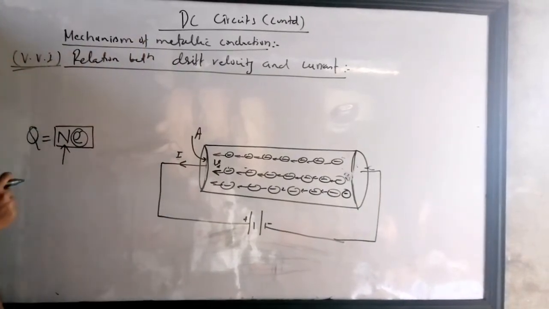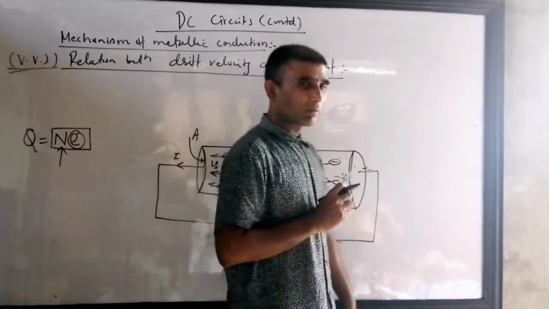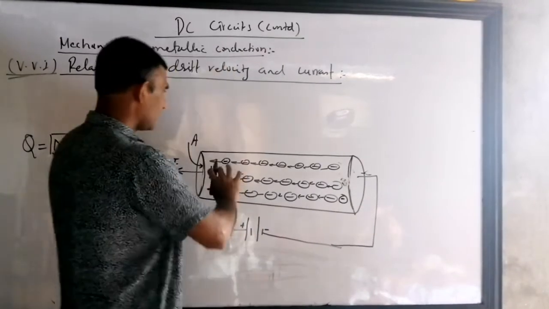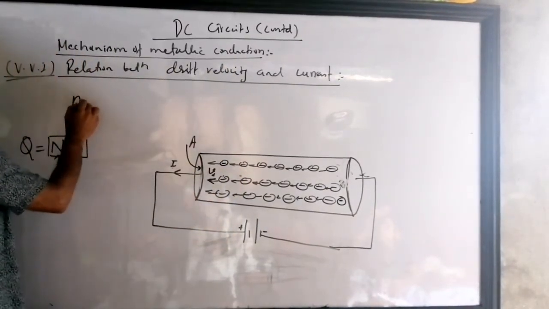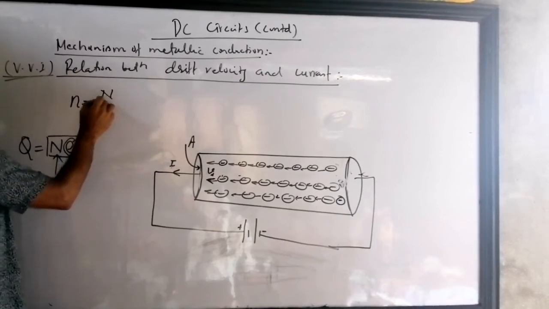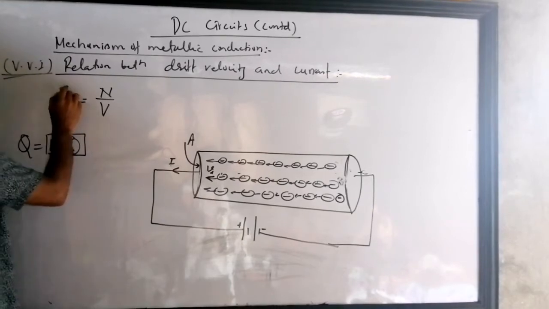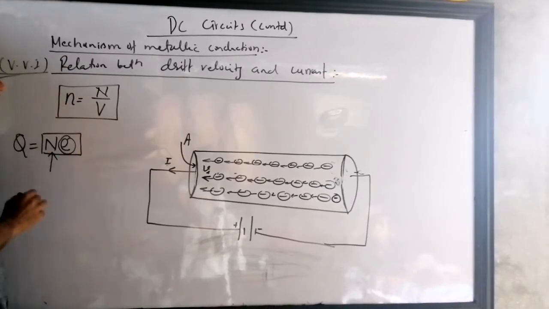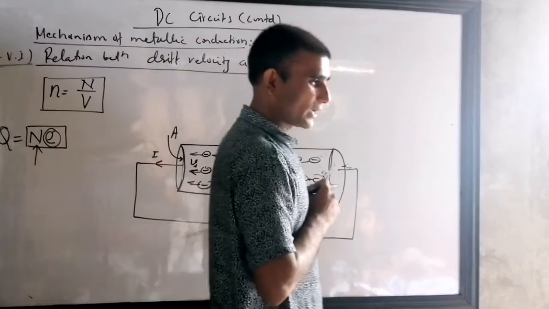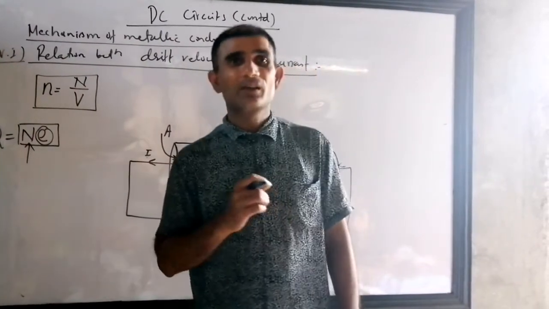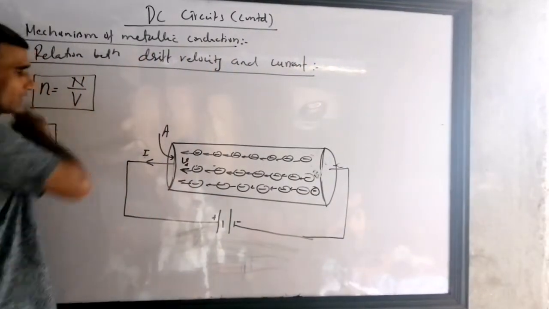It's wrong. Actually, scientists do experiments to find the number of electrons in a metal, and the data we have is small n. Small n is the number of electrons per unit volume. The number of electrons per unit volume is a fixed quantity which is known for all metals. For copper we have data, for iron we have, aluminium we have. So the number of electrons per unit volume is known to us.